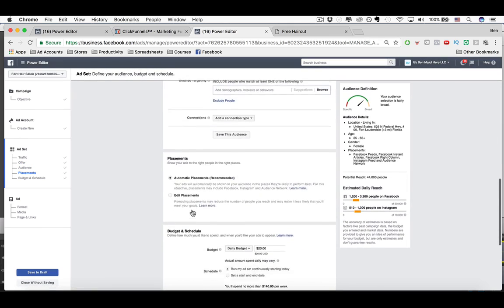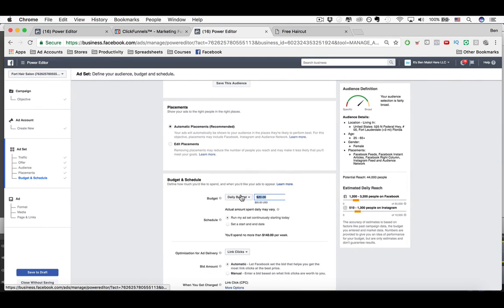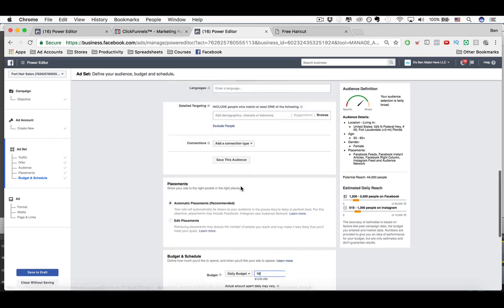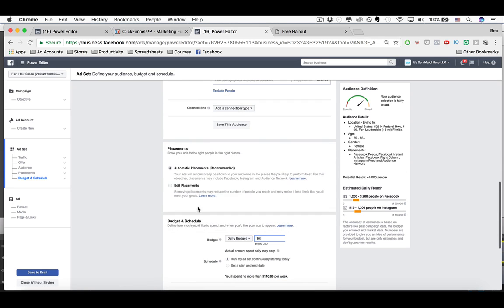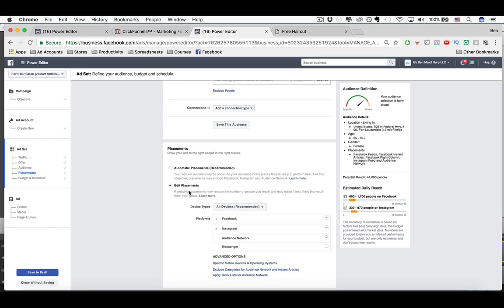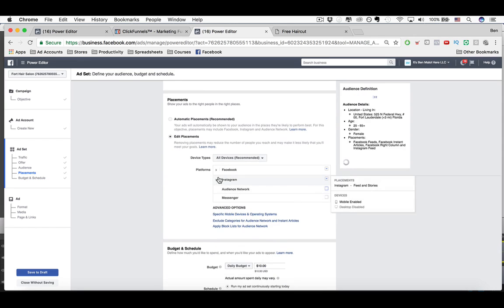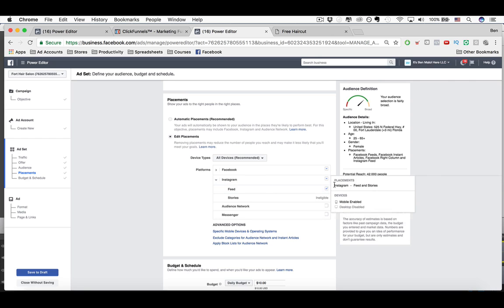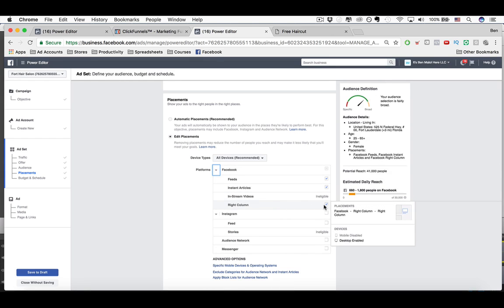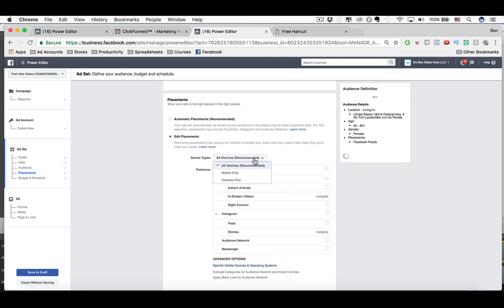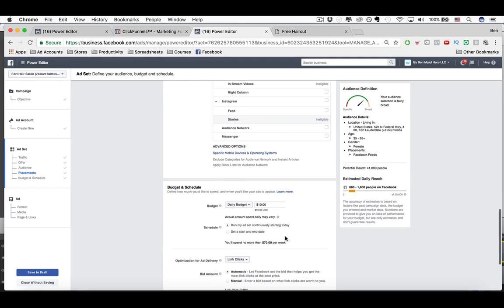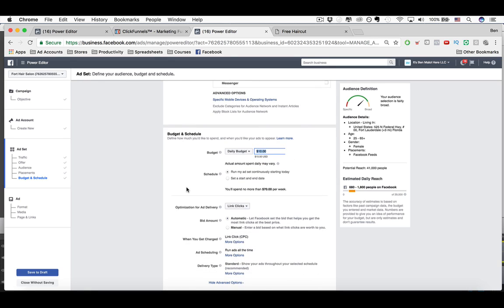Now on the budget, we're going to put anywhere from $5 to $10. This is the first testing phase. After we run this, we go ahead and start to split the ages. But here it's important to edit the placements as well: remove audience network, remove Instagram, and only leave it on feeds. So all devices, feeds, don't need the rest. Then you run this on $10. You run this for like 3 days, and you see what the conversions are like on specific ages,